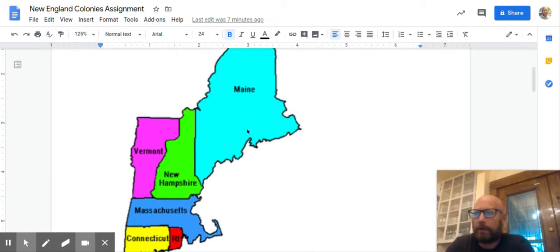The New England colonies were founded for two reasons. We're going to list them in the order of what was really important to the founders of the New England colonies first, and then their secondary reason will come after. The first reason is that they were very desperate for religious freedoms. If you think back to what was going on in England at the time, where most of these colonists initially came from, you had to go to the Anglican Church of England. And if you didn't go to the Church of England, you were persecuted, you were arrested, you were ridiculed, you could even be put to death.